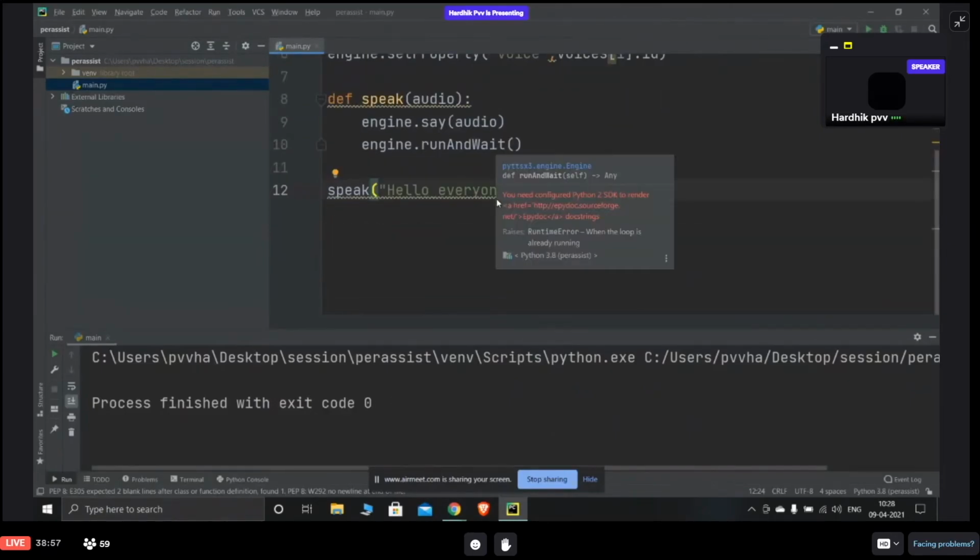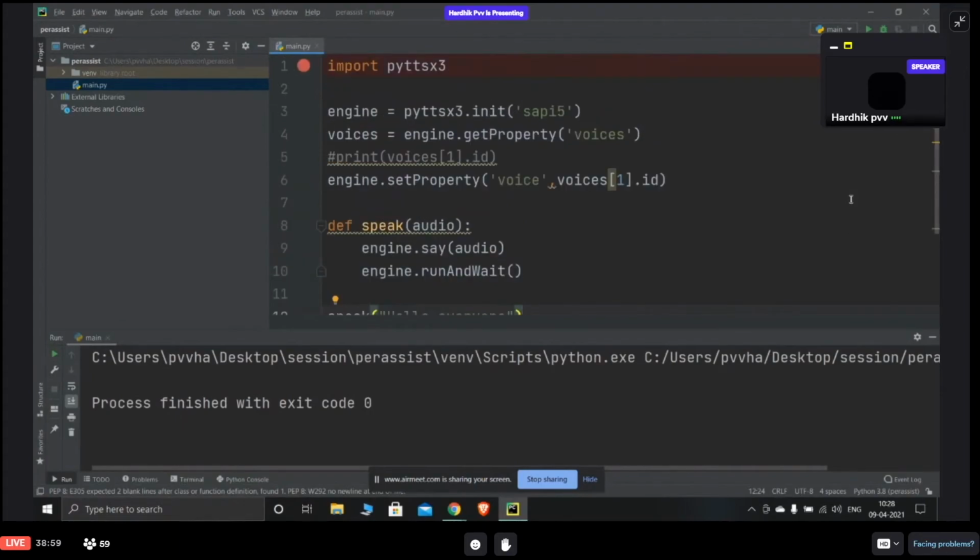After this, the next part is that I need to speak with the virtual assistant, that means I need to speak with the computer. For that, it needs to recognize my voice, recognize what I'm telling, convert that into text, and then compare the text to the commands which I'm giving.